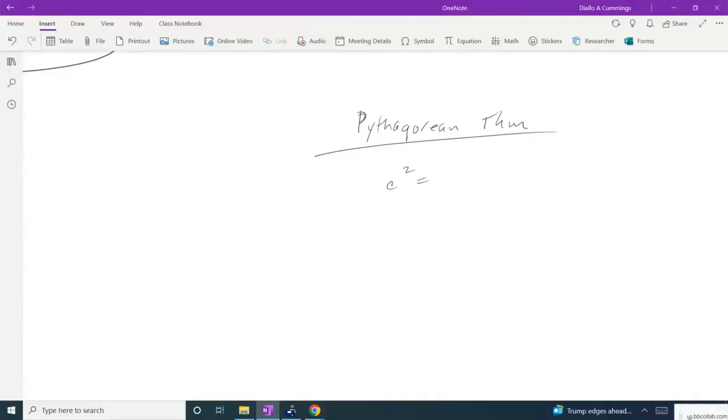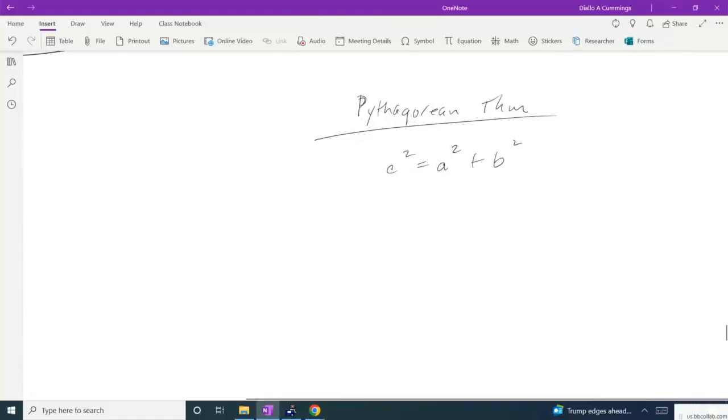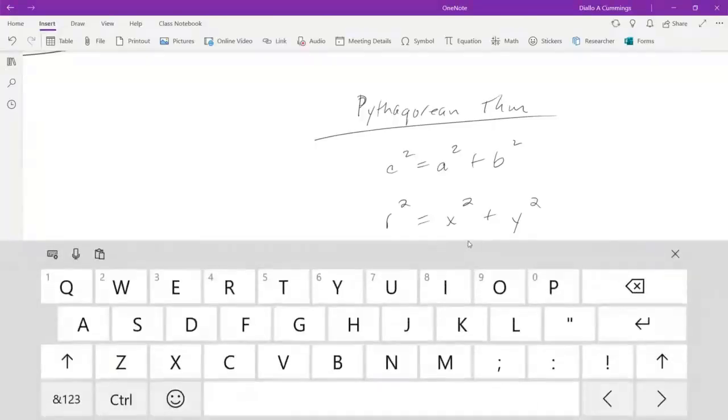And you've probably seen it as a squared is equal to c squared plus b squared. As we first started out in the trig course, we didn't use c, b, and a. We use r squared is equal to x squared plus y squared. So just to show where this comes from,